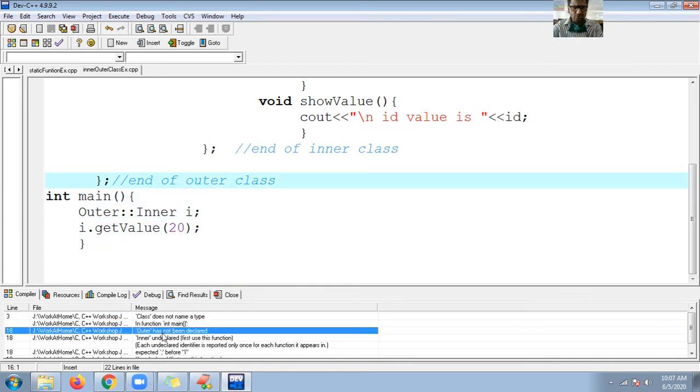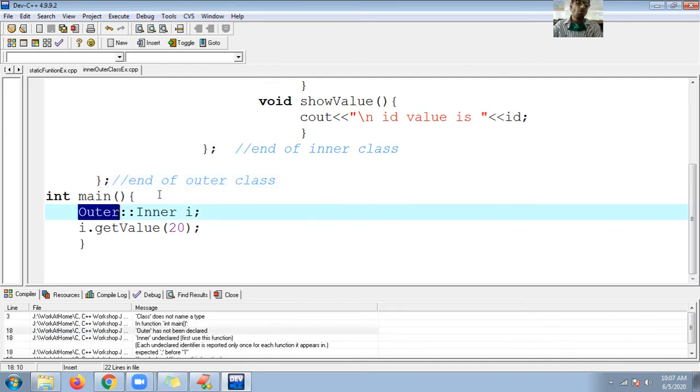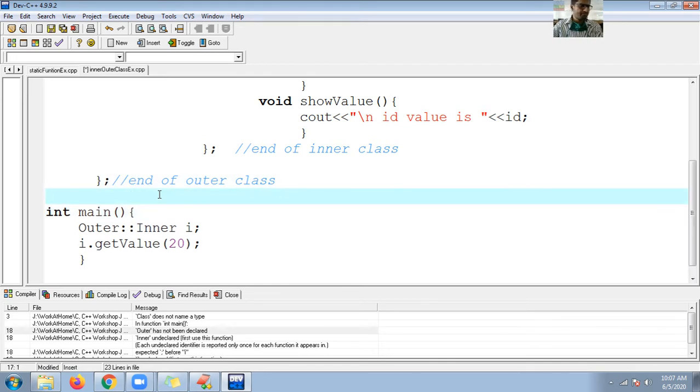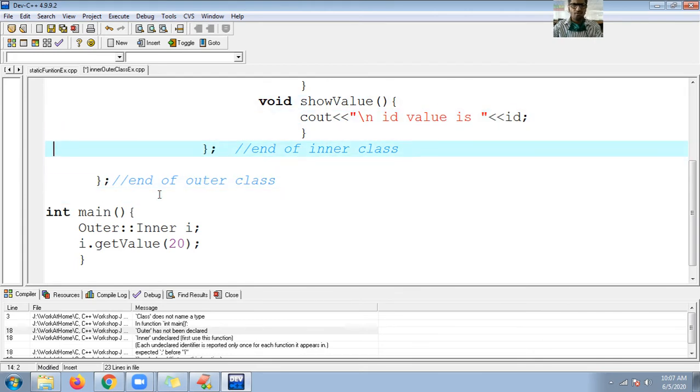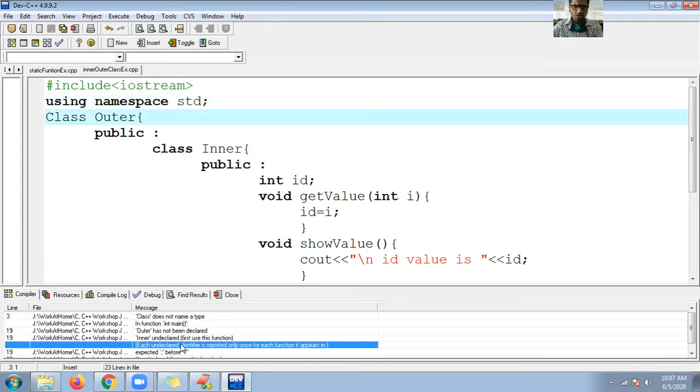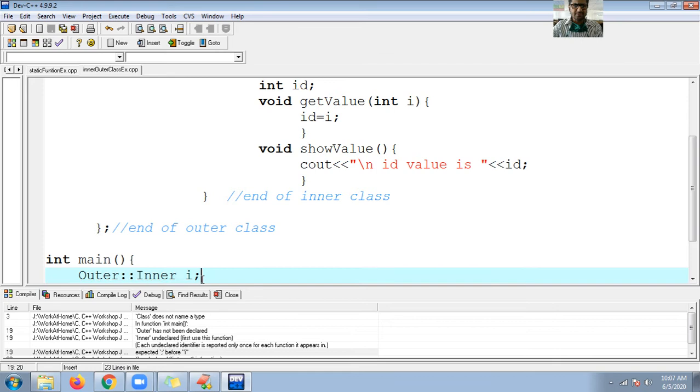It says outer has not been declared. So guys, control S, control F9. Class outer, yes. Where is the missing semicolon?